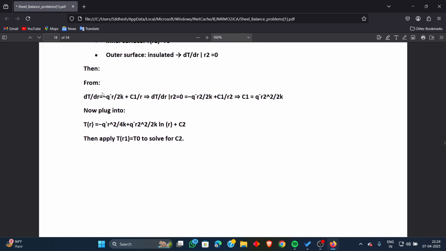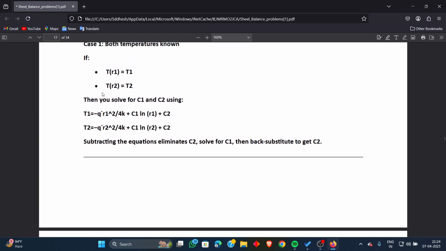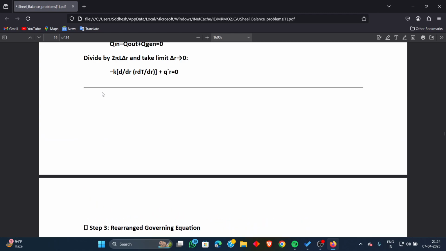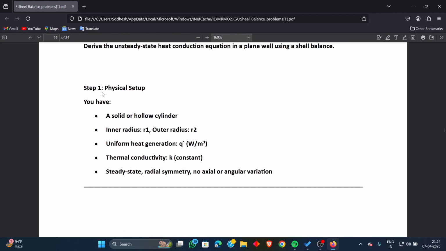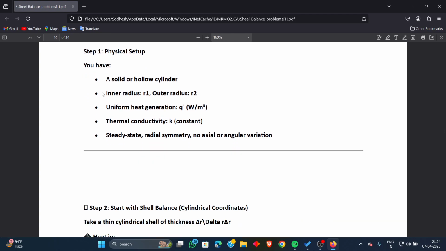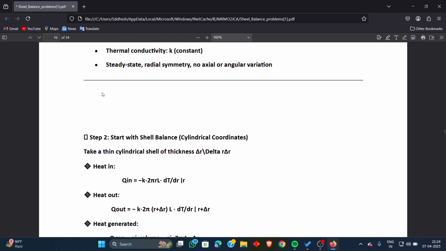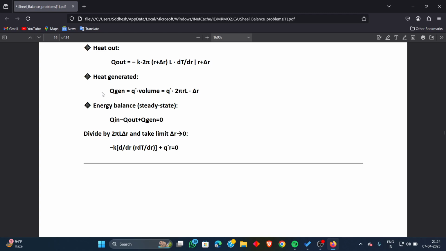This was a very different question than others that we have already solved. It wasn't a complex one, but it has a different approach. We'll see the steps again. First step was physical setup. In the physical setup, we saw all the summarized data inside the question here. Step two, start the shell balance in cylindrical coordinates. Take a thin cylindrical shell. Step two was to start with the shell balance. Step three was